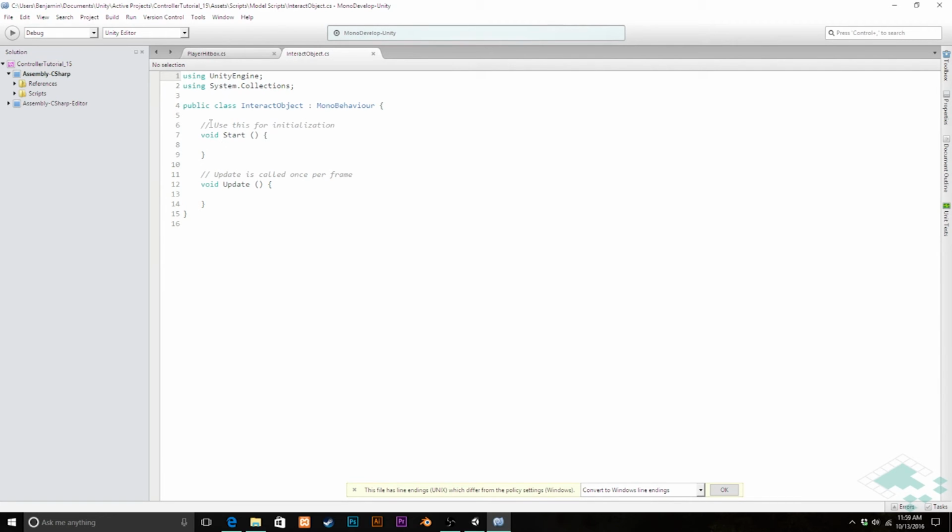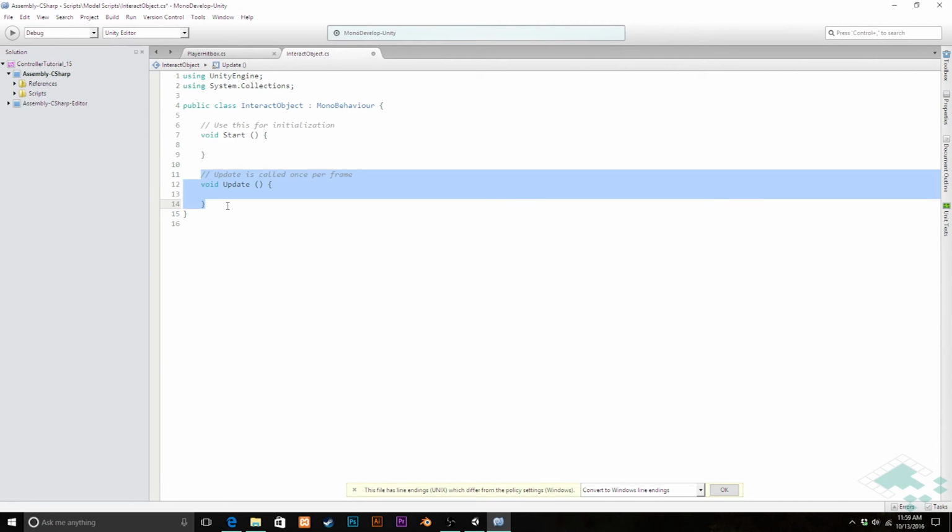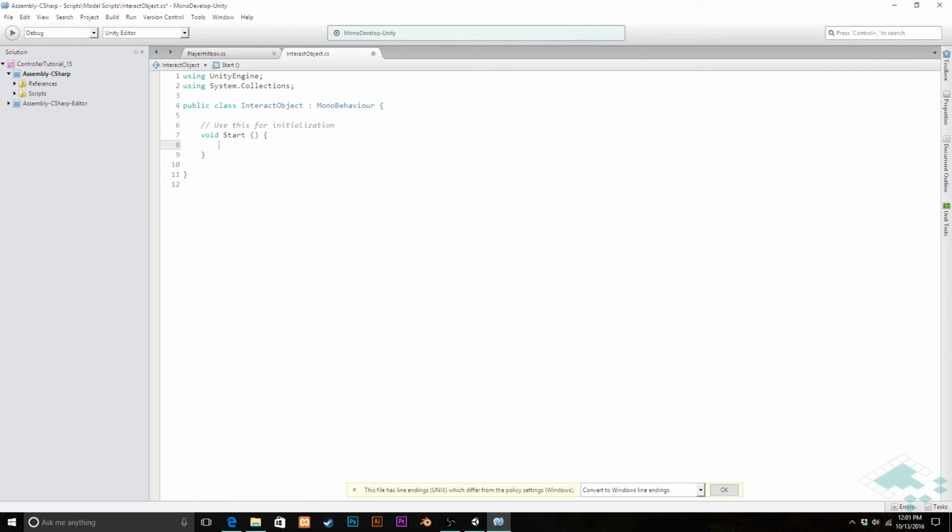So how we're going to do that is we're going to go into our start function here. We're actually going to delete our update function. We don't need that for this particular script. And so here in our start function, we're going to set the layer through the script. So we're going to say GameObject.layer. You'll notice this is an integer. So we need to get the integer of this layer. There's a couple of ways we can do this, but I'm going to do this the most simply, which is